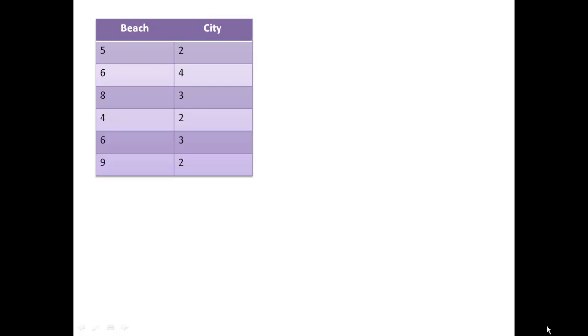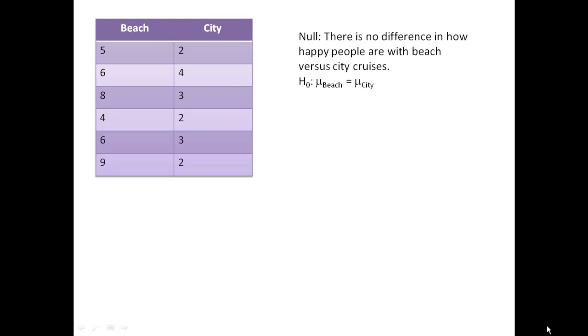And so we're going to compare the mean of the beach cruise people and the mean of the city cruise people. And when you express that in a null hypothesis, what you're saying is, I think that there's no difference in how happy people are with beach versus city cruises. And when that's expressed mathematically, that comes across as H naught indicates that the mean of the beach is equal to the mean of the city. And the alternative,